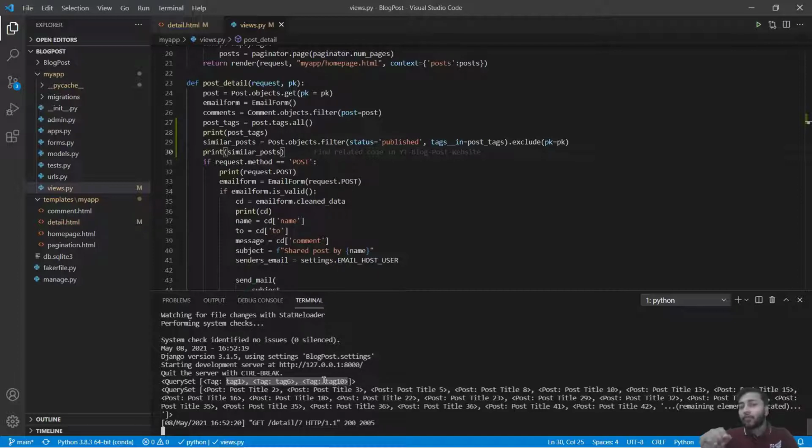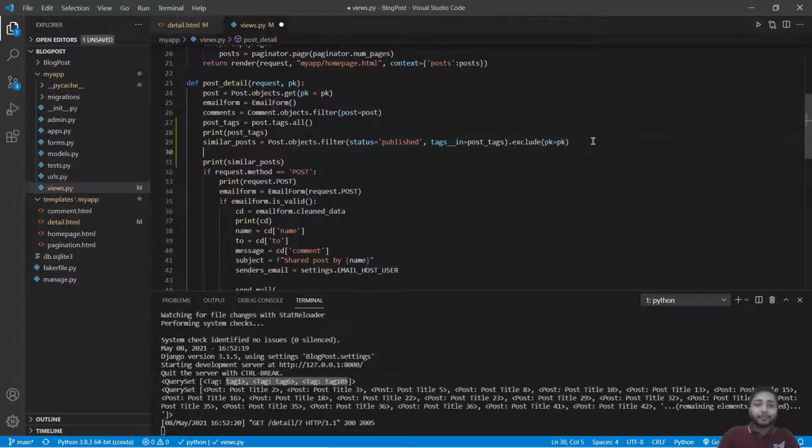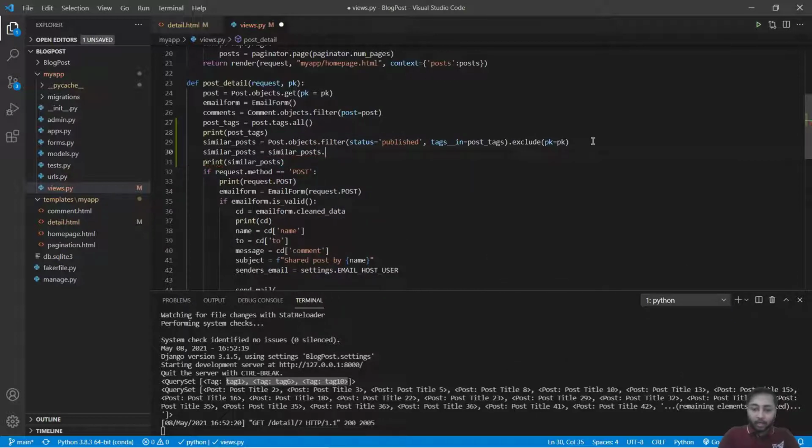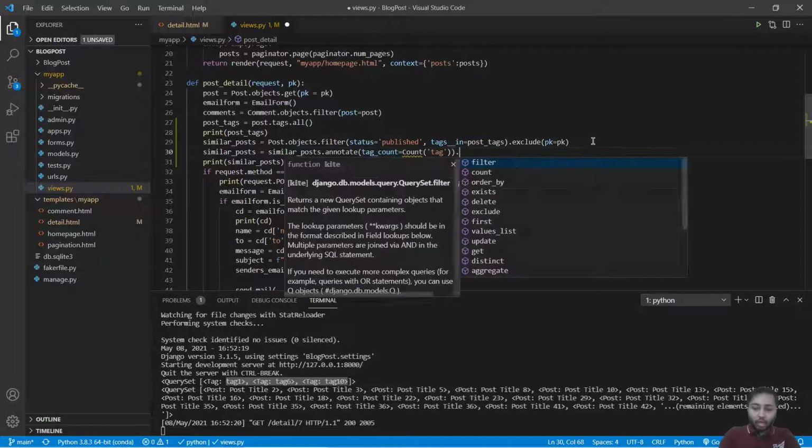Then at that point of time we will order them on the basis of time created. Okay, so let's do that. I will say similar posts equals similar posts dot annotate, and right here we will say tag count equals count, what we have to count, tag, and now we will say dot order by